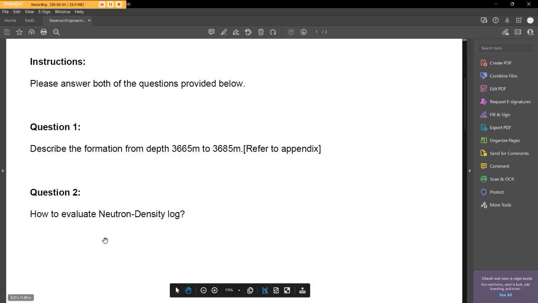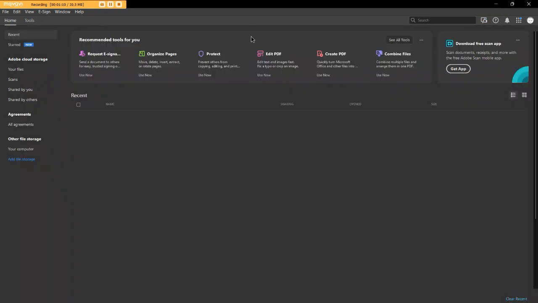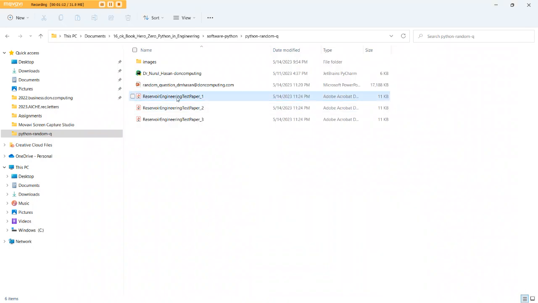And if you open it, you can see it's one of the test papers, and it chooses two questions from the 10. And even if you open another set of questions, for example one, it has different questions and so on. So that's the beauty of my code. Let me clear this folder and delete these three sets of questions.